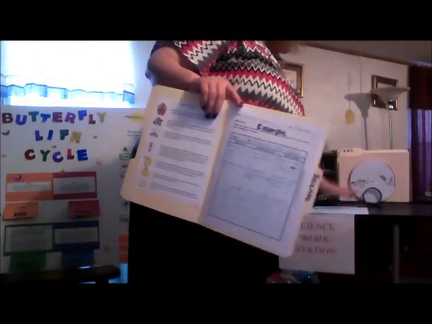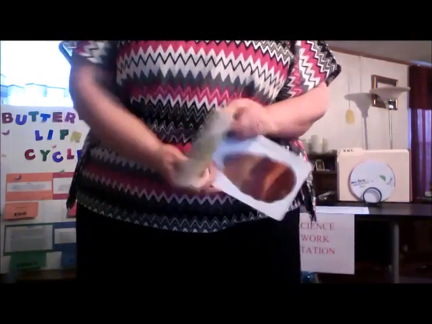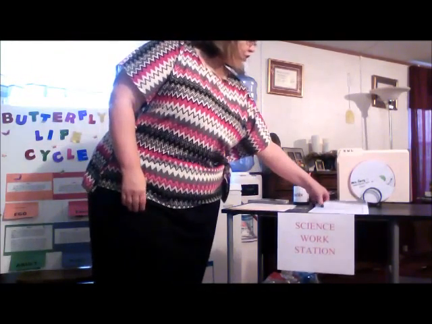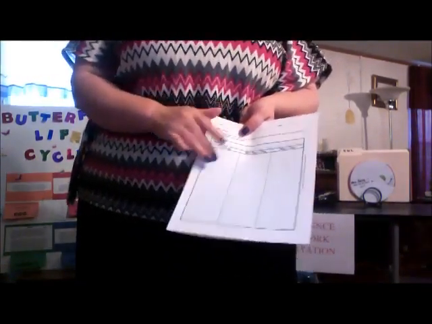After they get through reading this book, The Very Hungry Caterpillar, they're going to think about the metamorphosis of a butterfly. And then they're going to figure out what they know and what they want to know. Those are the only 2 I want filled out right now. When they get through filling out those 2 and at least 5, I'm going to encourage them to do at least 5. Then they're going to get their worksheets right here, this worksheet, and they're going to do a wheel